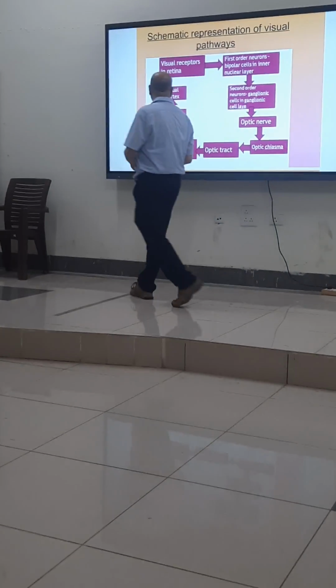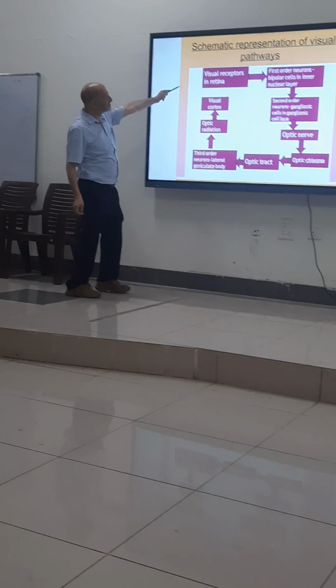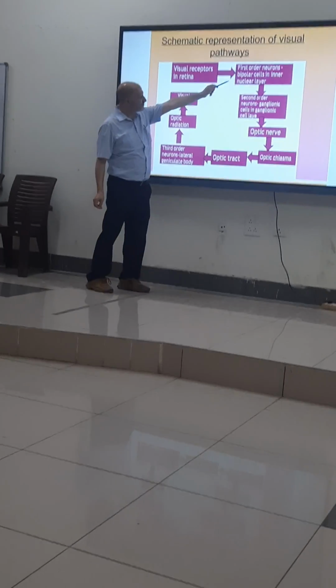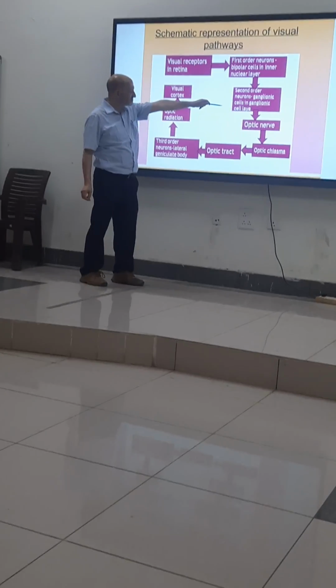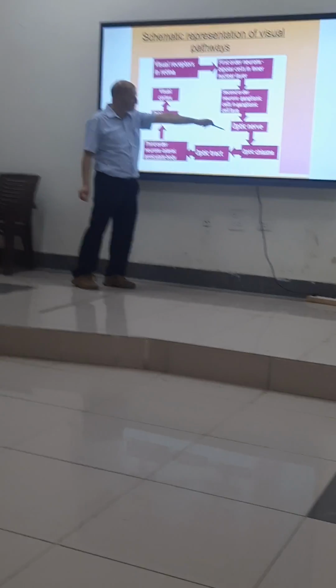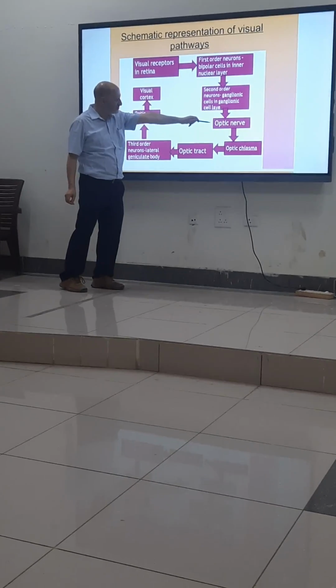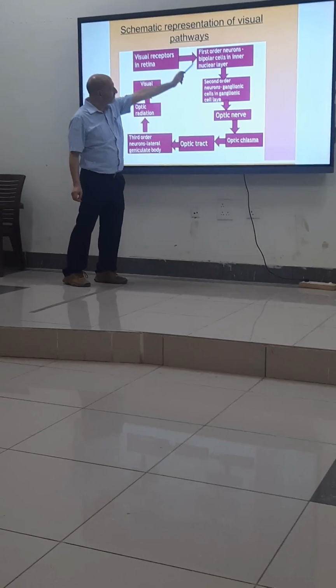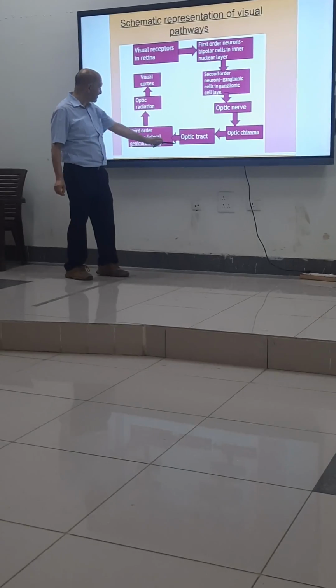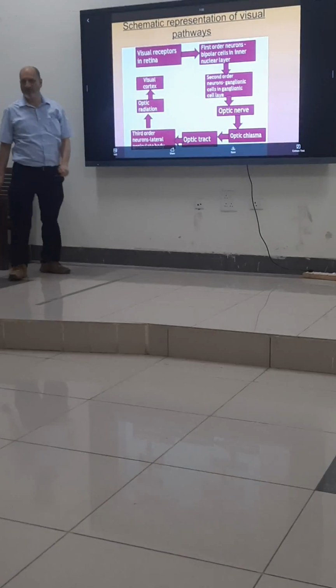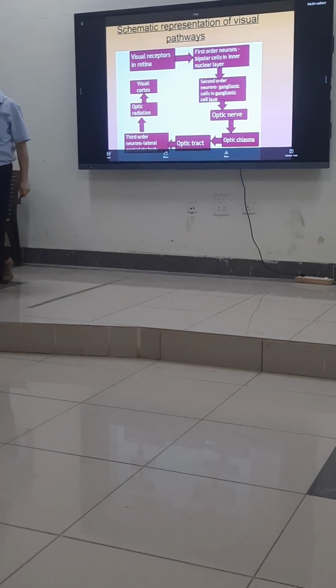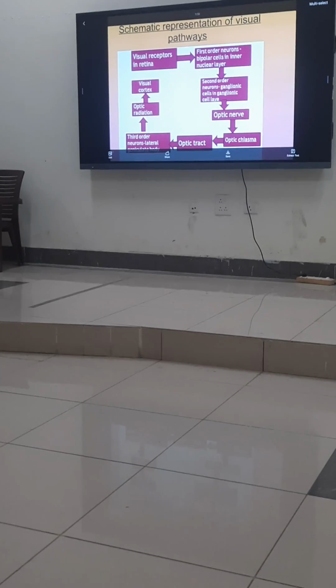So here, the visual pathway: the bipolar cells, then the ganglion cells, the second order neurons, then the optic nerve. After ganglion cells we have the optic nerve. Understand? Bipolar cells, ganglion cells, then